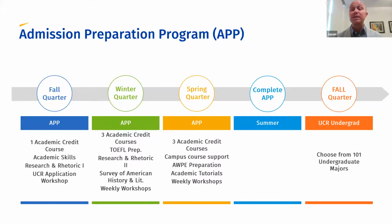You'll be preparing to actually apply to the university. So you'll have a course and a workshop specific to completing the application to the University of California, Riverside, or another UC university. So that's part of your fall quarter. But also in that fall quarter, you're starting already with academic credit courses. So you'll take one academic credit course,